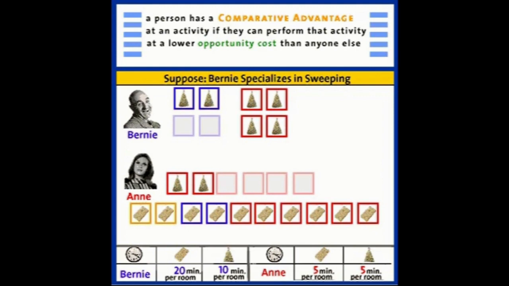Ann has now got a total of 1, 2, 3, 4, 5, 6, 7 rooms swept, 1, 2, 3, 4, 5, 6, 7 rooms scrubbed. Bernie has 2 rooms swept and 2 rooms scrubbed. By cooperating and specializing according to comparative advantage, by Ann doing more scrubbing and Bernie doing more sweeping, and by trading with each other, Bernie is just as well off as he was before, and Ann is better off than